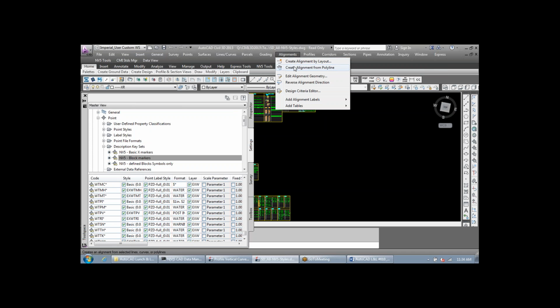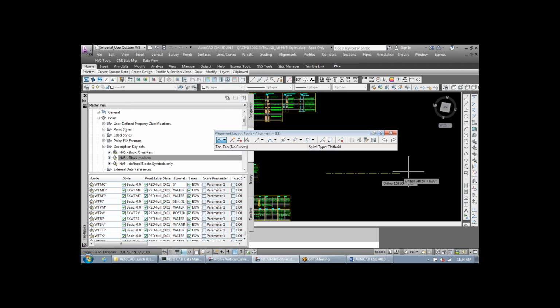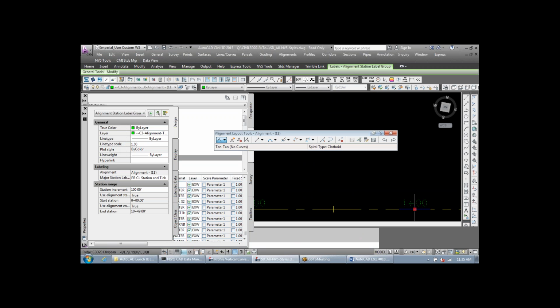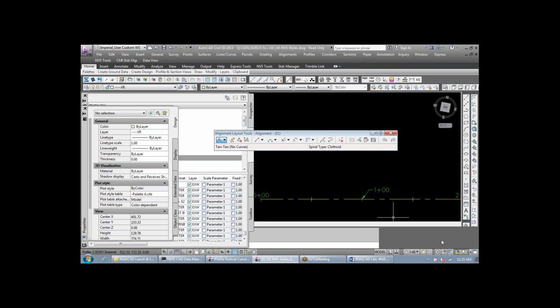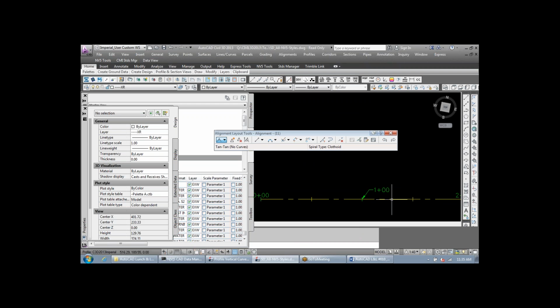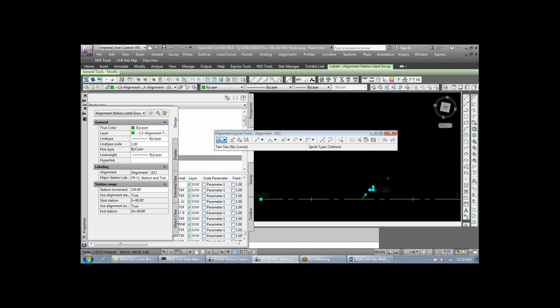So let's do a quick example here. We'll just create a dummy alignment. All right. So let's say we move this guy, and it's a data shortcut, and I come back and I synchronize it. It's going to pop back, and it's going to reset itself, basically. So the trick to not have it reset when you synchronize your alignment is in the Properties window. You have to select it, and then in your Properties window,